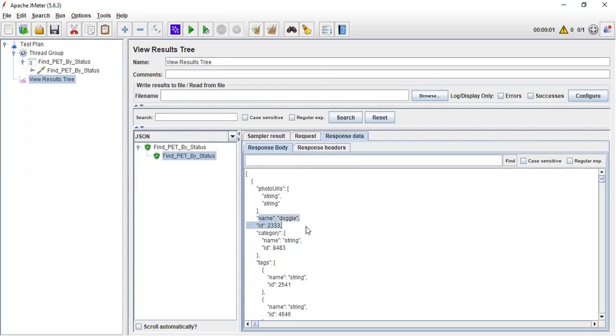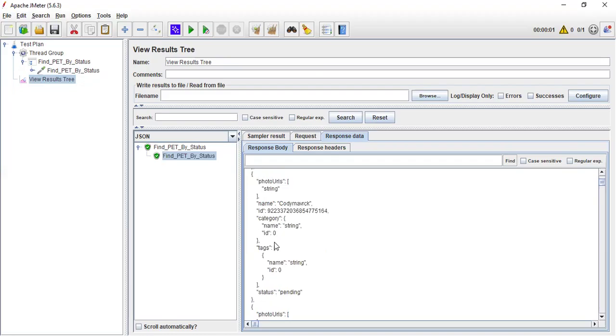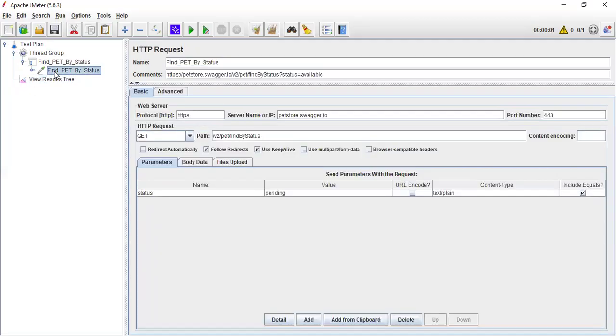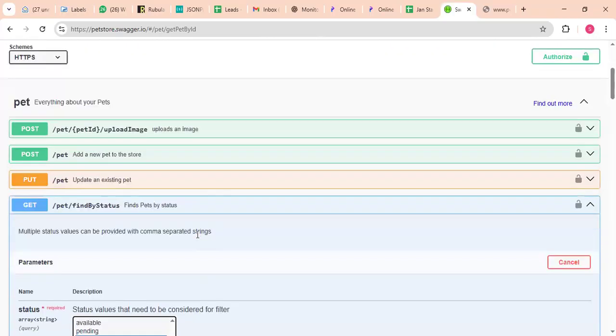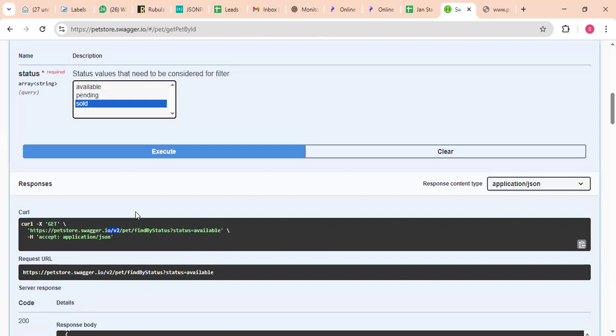This is the name of the thing, name, ID, right? So like that, here what we can do, we'll add one more also. We have added only one, right? Like that, one by one we need to add. Next one, find by status is 1,